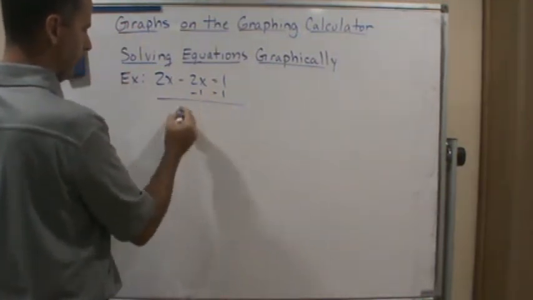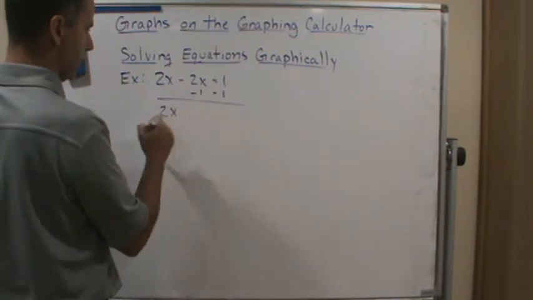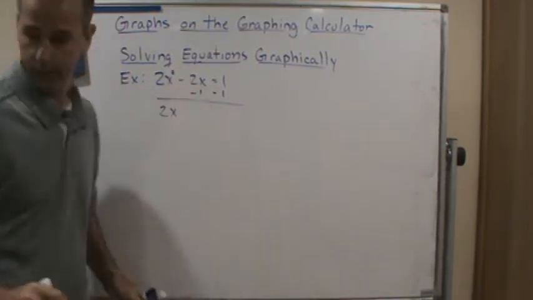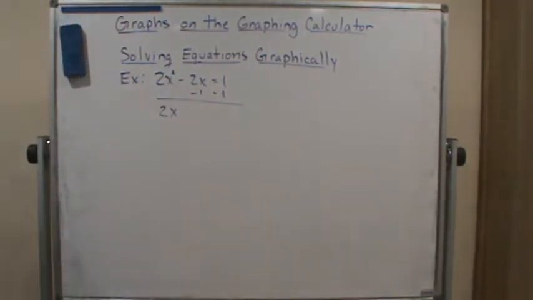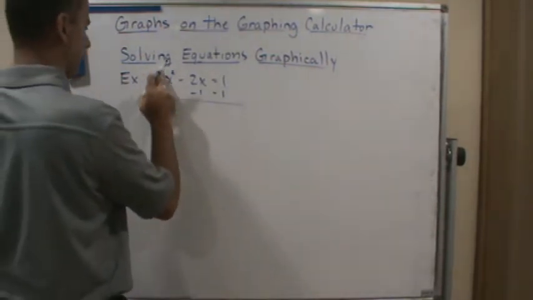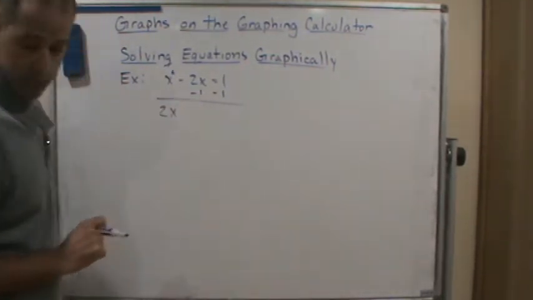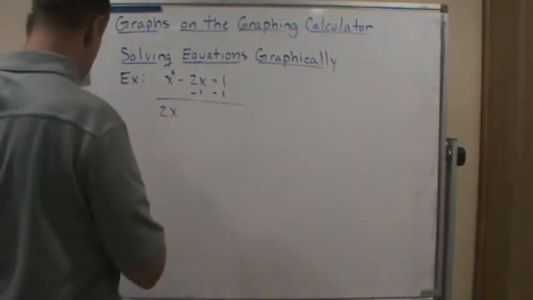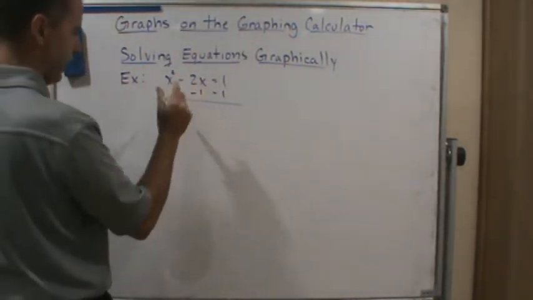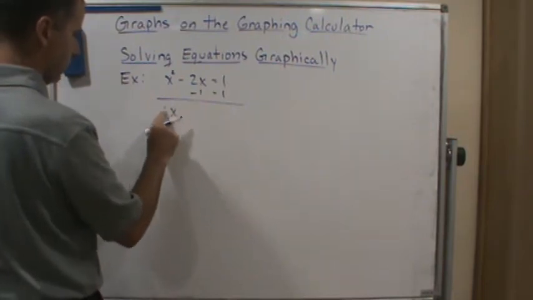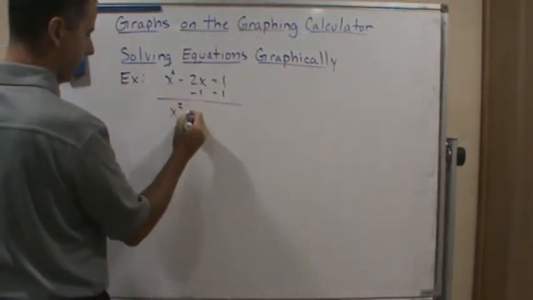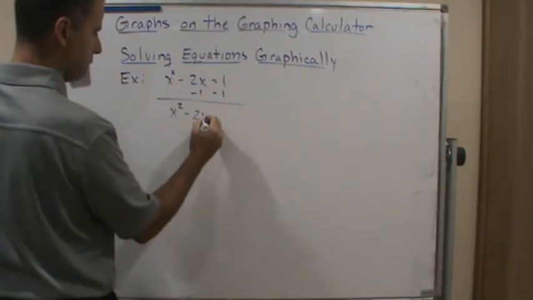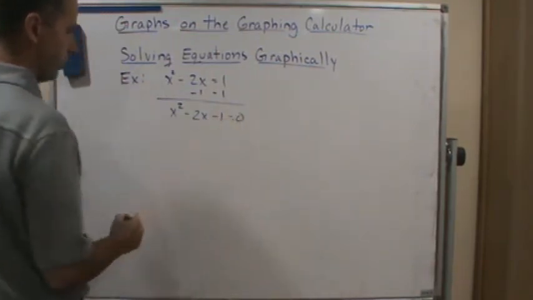And so that's going to give us 2x, oops, hold on, there's a square here. This is x squared. So x squared minus 2x. Yep, okay. So we're going to subtract off 1 and we're going to get